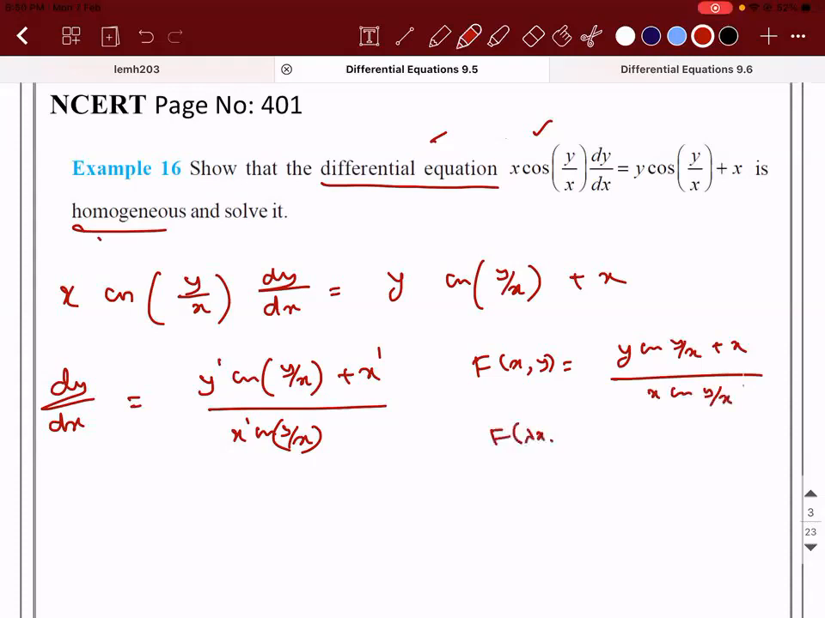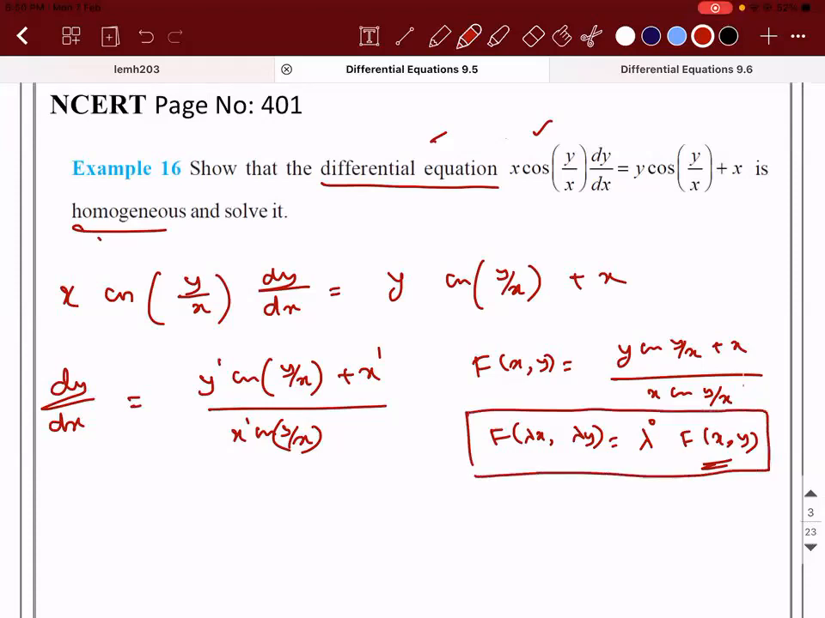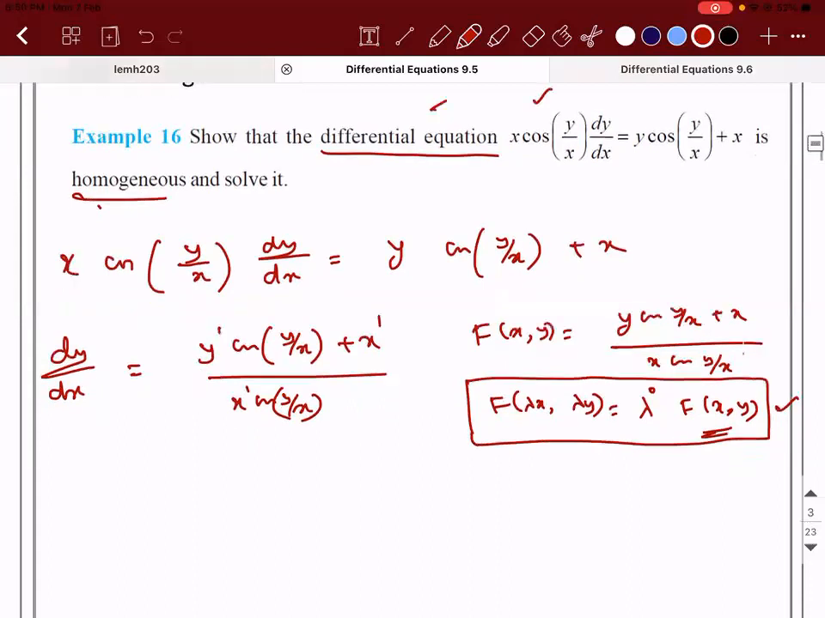So what is f of lambda x comma lambda y? So you'll substitute lambda in the place of x and then solve it. So lambda from the numerator and denominator will come out. You will get lambda power 0 times f of x comma y. I'm leaving this part to you. If you're not clear, you can ask me. Okay. Now, having said this,